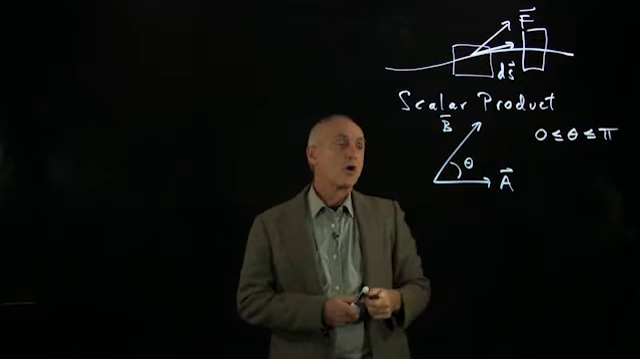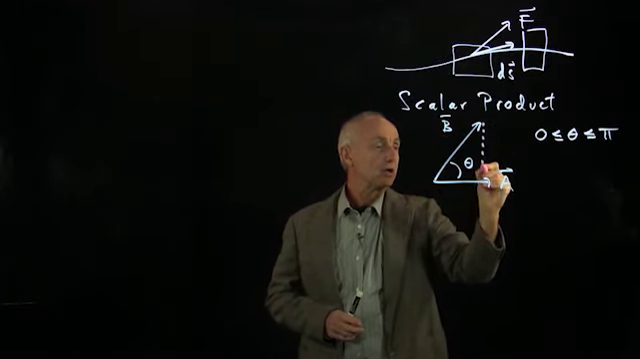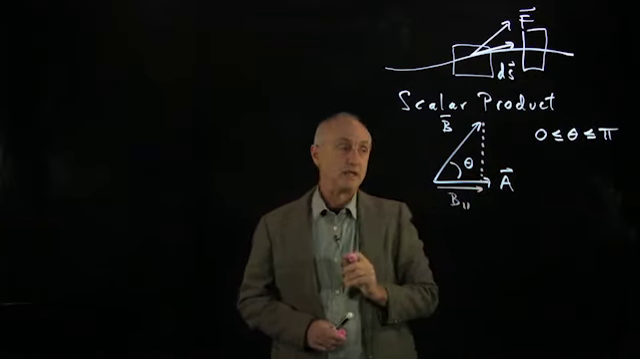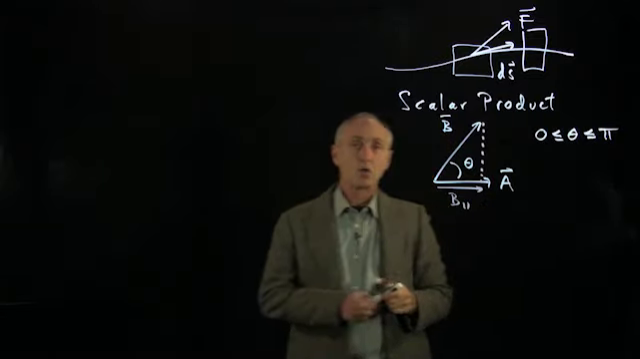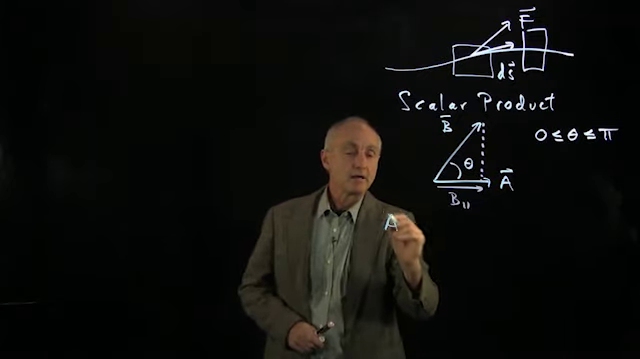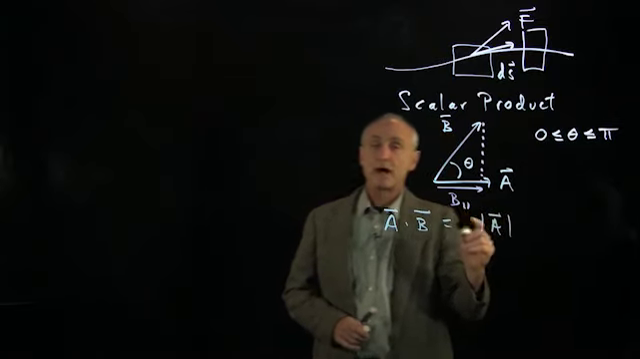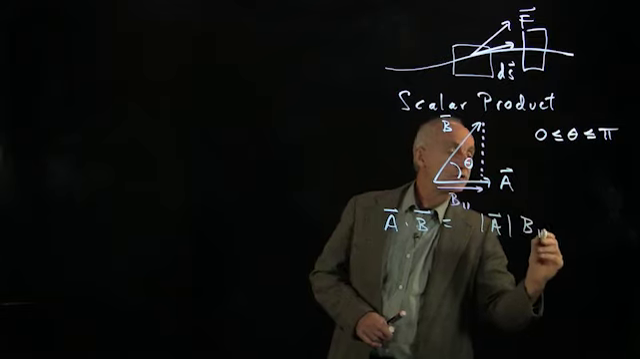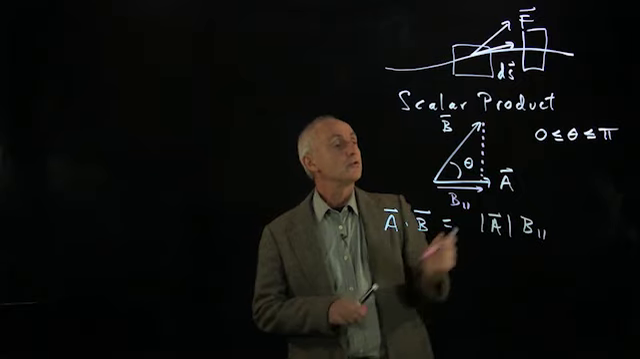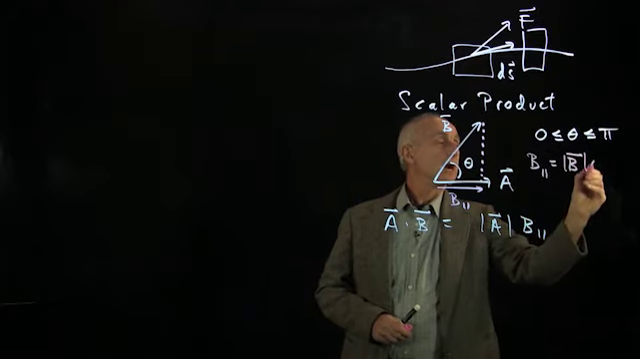Now, I'd like to talk about how much one vector projects in the direction of the other. So if I call this the parallel component of B, then I want to define a quantity which we're going to call the scalar product of A dot B, which is the magnitude of A times the amount of B that is in the direction parallel to A. Now, from our geometric diagram, you can see that B parallel is equal to the magnitude of B times cosine